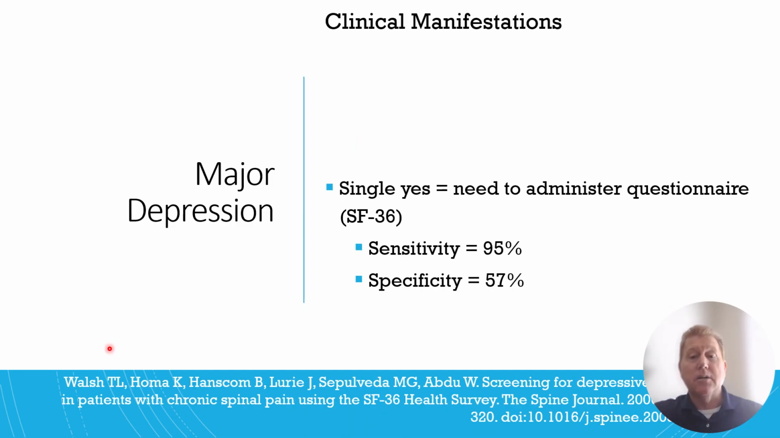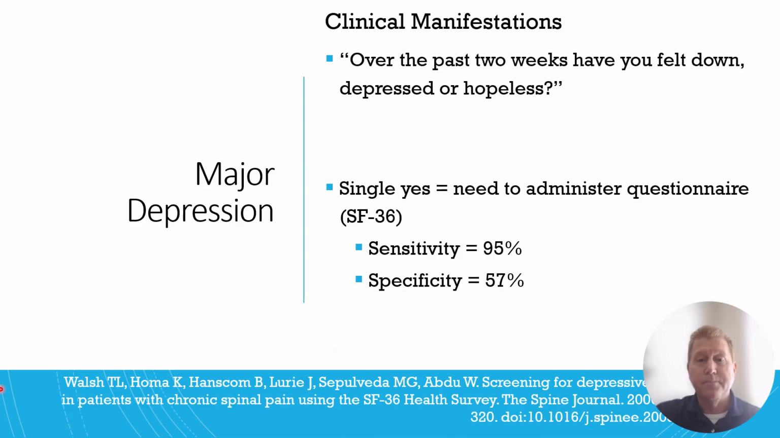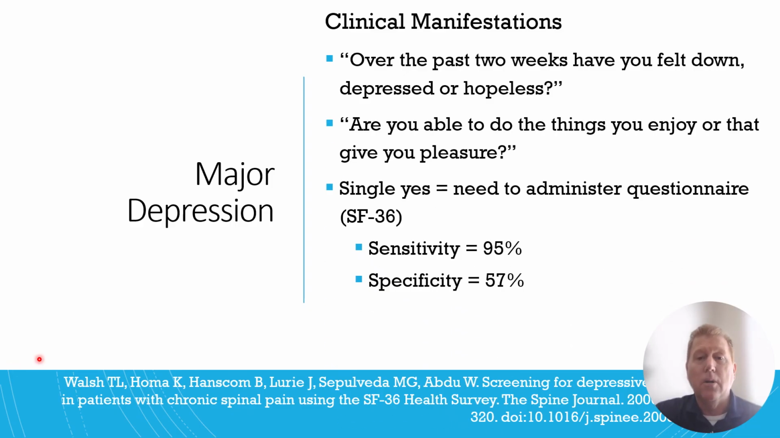The biggest thing that we can do is a two-question depression screen, with the first question being here shown on the slide: over the last 2 weeks, have you felt depressed or hopeless? Second question being, are you able to do things that you enjoy? Now, obviously, with a lot of musculoskeletal injuries, the answer to this one's going to be